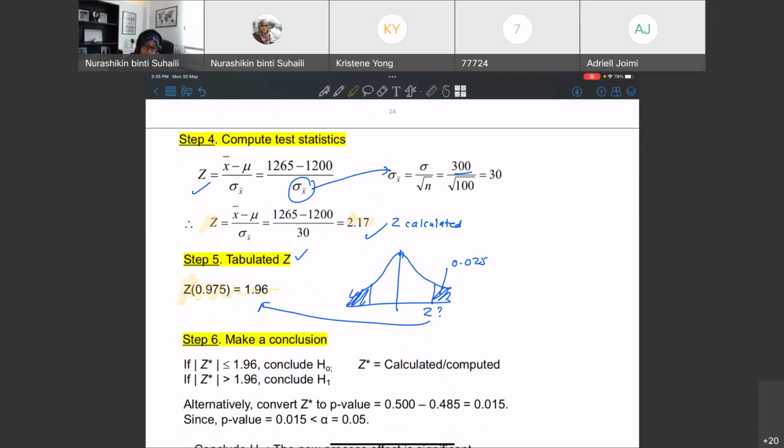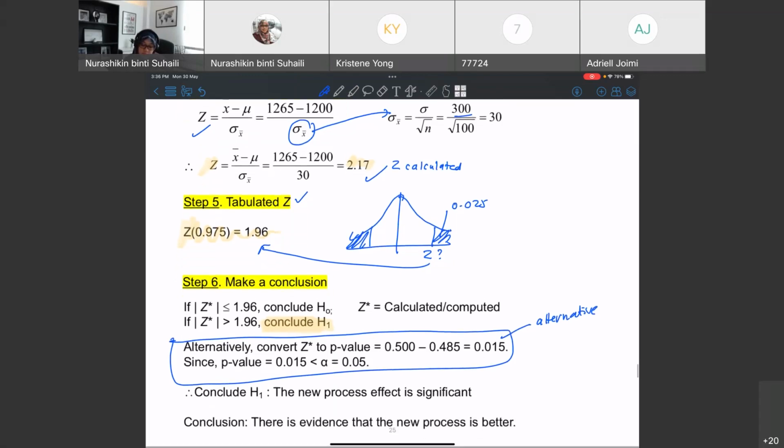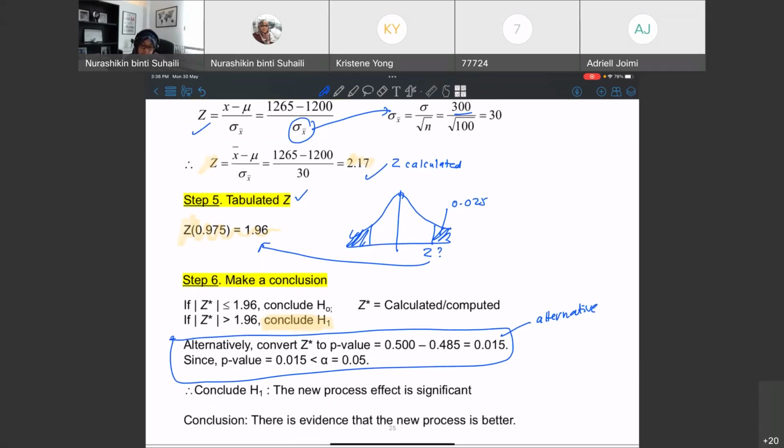So you conclude H alternative, sorry. This one is the alternative method. Don't ask me again how to do this. I'm not going to discuss this method. This is alternative, so you can skip it because you already used the first method to compare the set. So once you compare, you conclude. So the conclusion is that